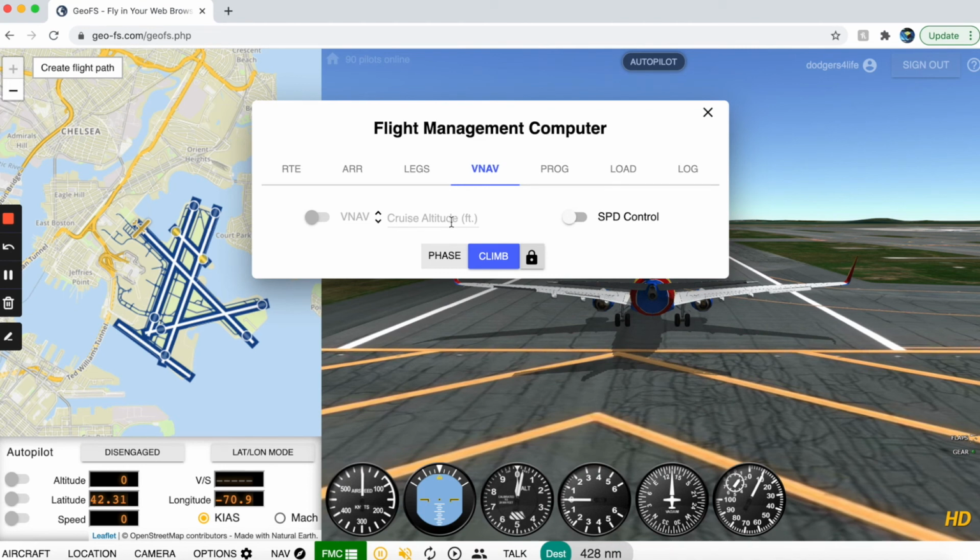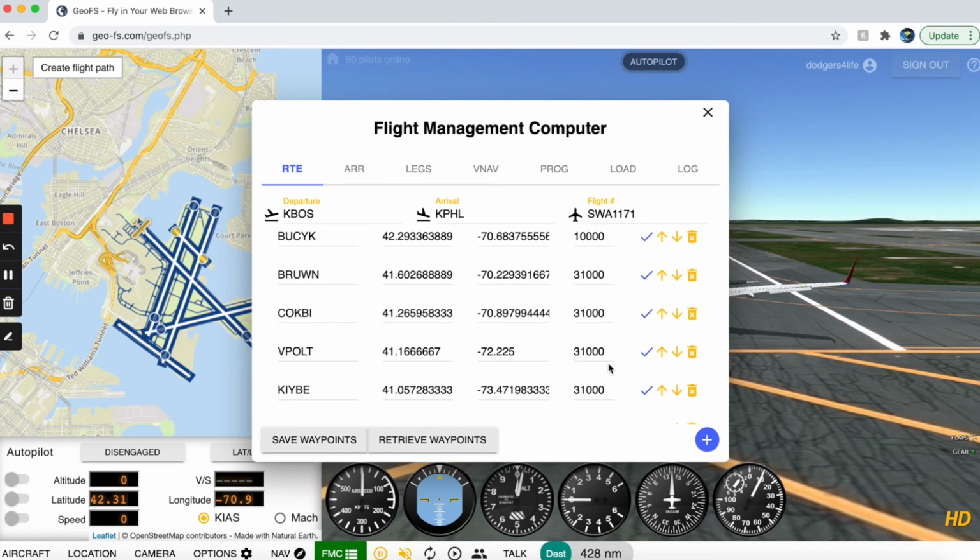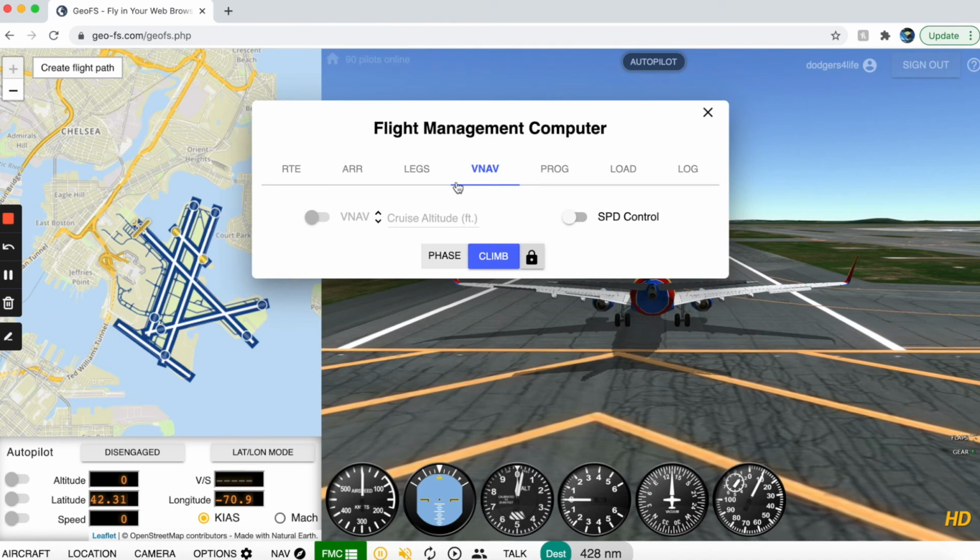We want to go here. First thing we want to do is put in our cruising altitude. This just helps it automate everything. So we go to route and let's check what we selected as our cruising altitude. So it looks like we chose 31,000. So we go back to VNav and put in 31,000, and then we can go ahead and select VNav so